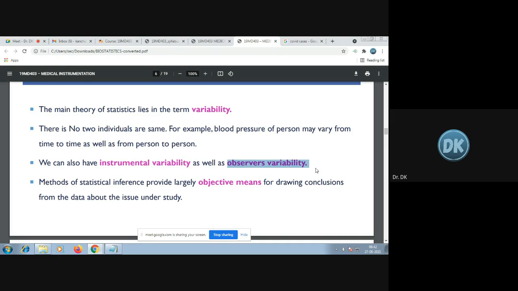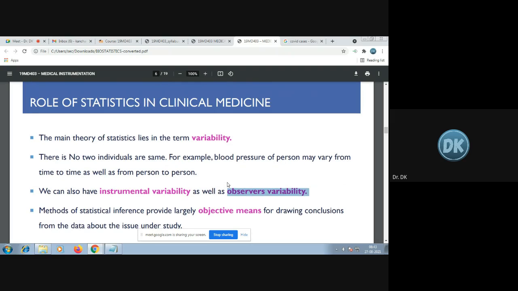The second one is observer variability. For example, you have one lab technician, and you ask him to measure the ECG of a person. That person is taking the ECG signal, and then the next month the person has left the job and another person comes. This person will use the machine differently, right? So there is an observer variability. The person who is using the instrument might use it in a different sense, so the signal may not be the same, right? So instrumental variability is there, and observer variability is also there, right?